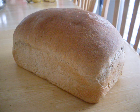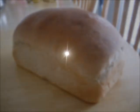Once it's finished cooling, you should have a nice soft loaf of bread. One way to keep them soft is not to let them sit out too long, and as soon as they're cool, put them in bags. I use twist tie bags, and that keeps them fresh on the counter, and then you can also place them in the freezer. We go through it so fast that it doesn't last more than a week. But I would guess you could keep it in the freezer for up to 2 weeks in that kind of